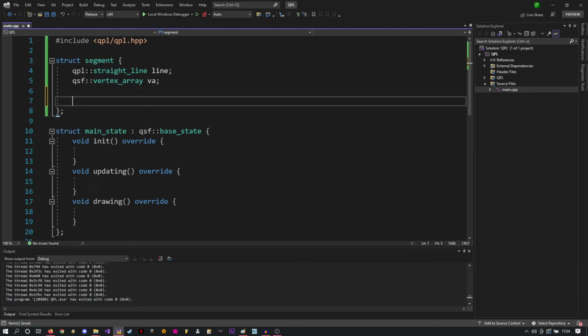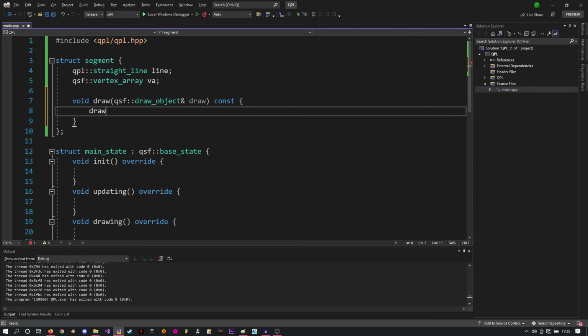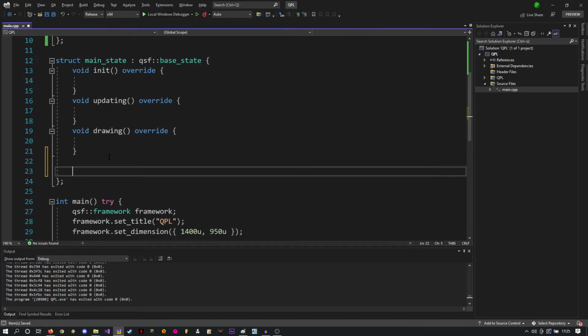To make this segment struct drawable, we simply add a void draw, a draw object, declare this constant, and then this draw object can draw anything. So here we just set in the vertex array. And what happens now if we add a segment here,